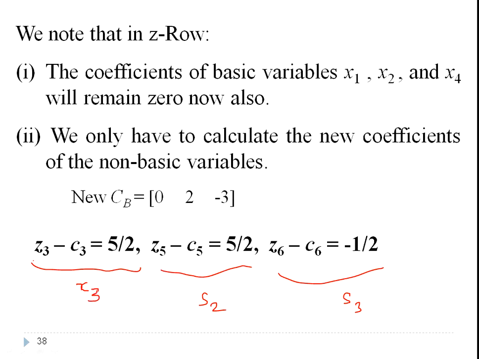Accordingly, we find out Zj minus Cj, which I have already explained in another previous problem. So it is basically obtained by what? It is obtained by CB, B inverse and A3